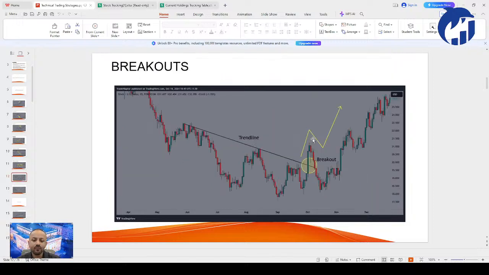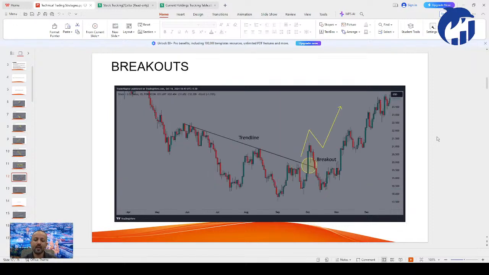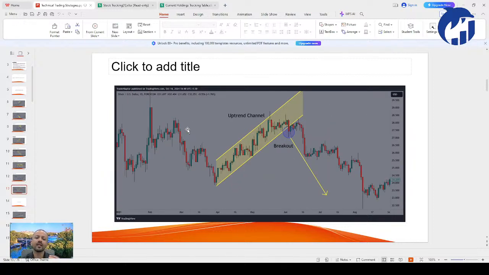Similarly, we have this bearish trend breakout. Then we have something called a bullish trend breakout. Remember, don't get confused. A bearish trend breakout is when the trend is bearish and the breakout happens to the opposite side, which is the bull side. While a bull trend breakout is when the bull trend or the bullish channel